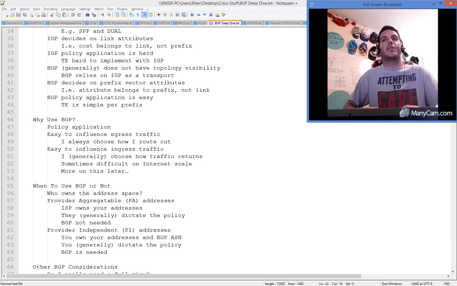So BGP is needed when you own the space. BGP is not needed when you don't own the space. And typically, if you own the space, you're going to get a block of so many addresses. And let's say you've got a /24 from the provider, which in our diagram I have a /24 to use, so we'll be able to NAT things, and we'll be able to NAT to different